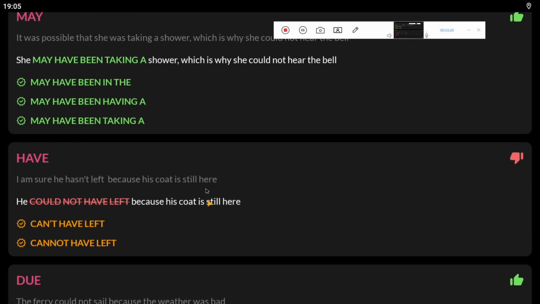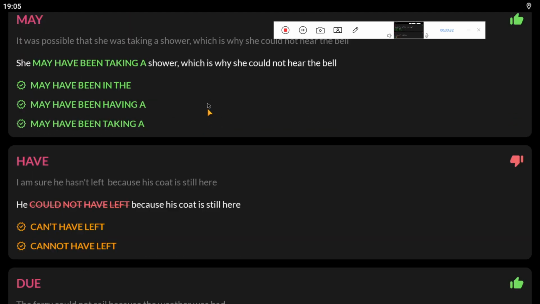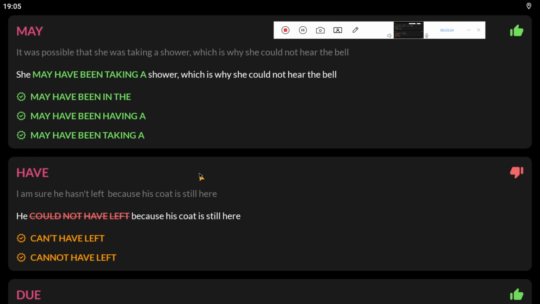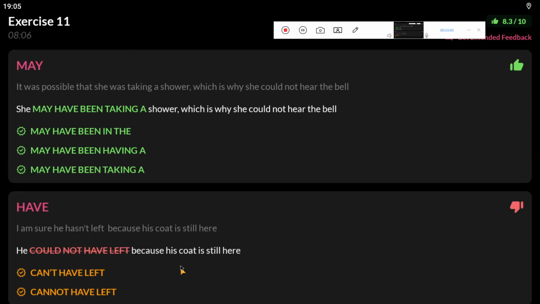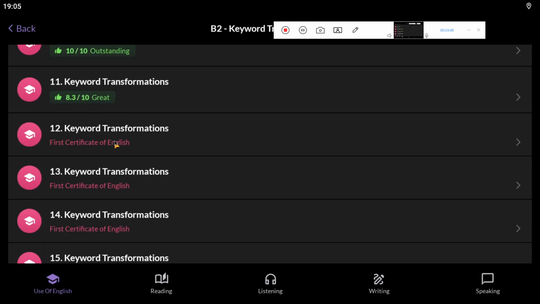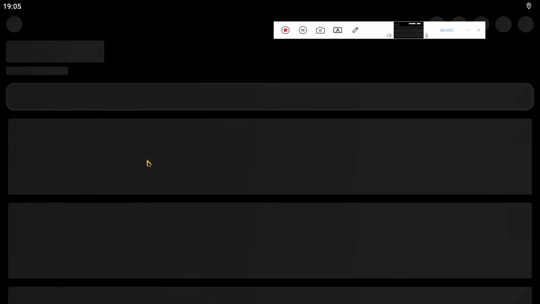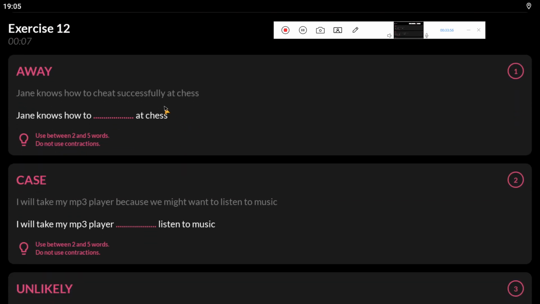So far, any questions regarding this exercise? No? Please feel free to ask me whatever you need to know. No? Okay. One more exercise. As we go through this kind of exercise, it is going to get harder, okay?